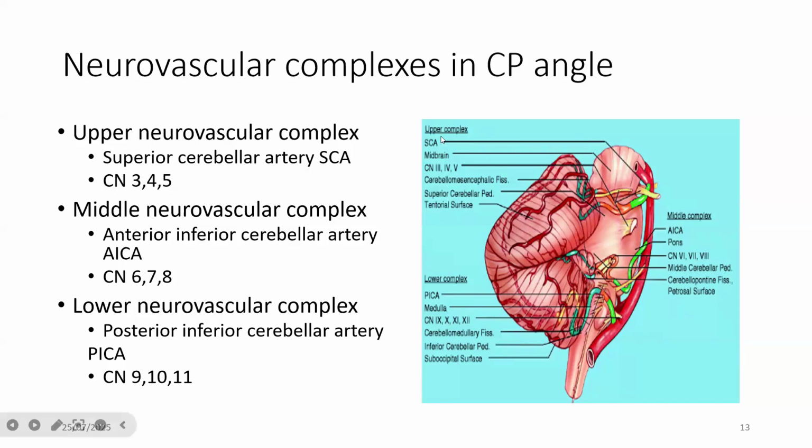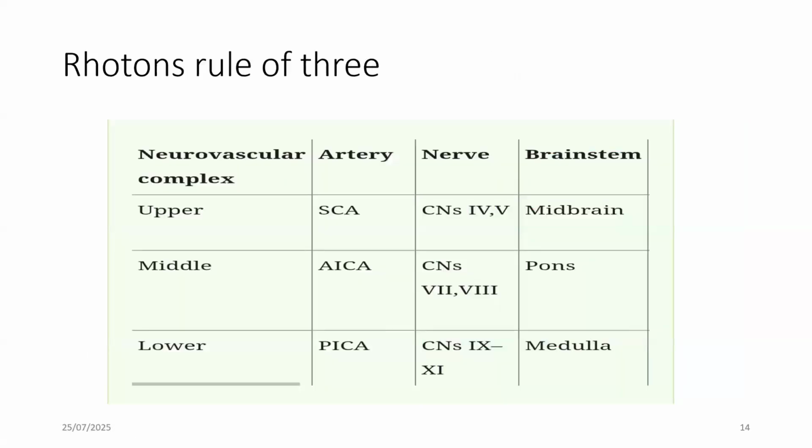And this is the image depicting what I just said, the upper complex. These are the vessels, the nerves, and then the related structures. So you can see here, and then there is the middle neurovascular complex and the related structures, and the lower complex. Then there is Rhoton's rule of 3, which is also relating to the neurovascular complex that we have in